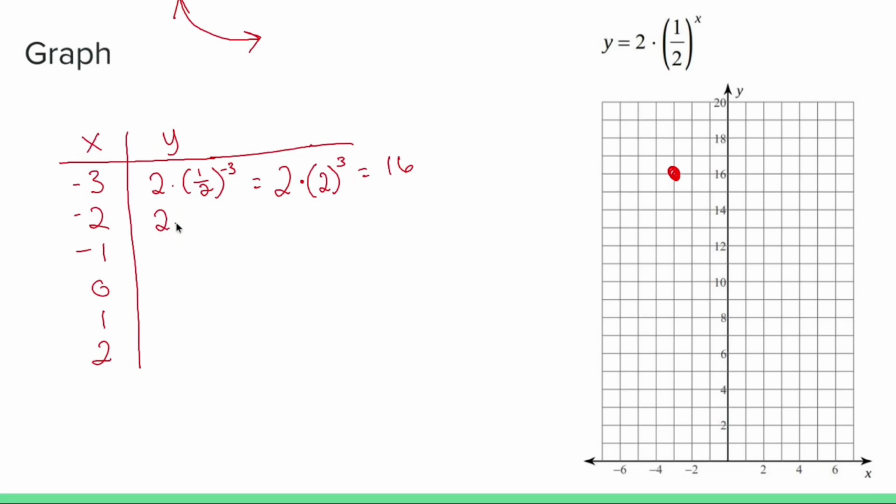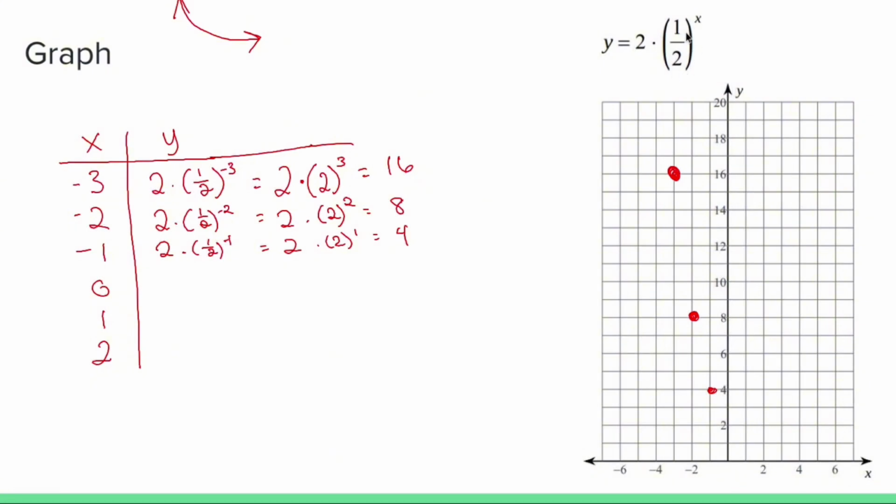Next guy, 2 times 1/2 to the -2nd power. 2 times, let's do that flippy again, and make it squared. So that becomes 4. 2 times 4 is 8. So the next point we get is -2, +8. 2 times 1/2 to the -1st is the same as 2 times 2 to the +1st, which is 4. Wait a minute. Wait a minute. 16, 8, 4. These are just going down by a half every single time,